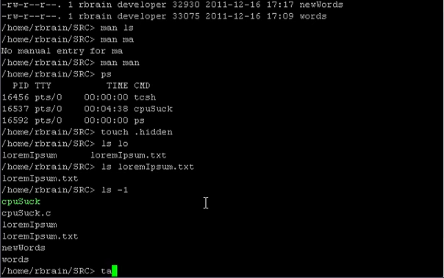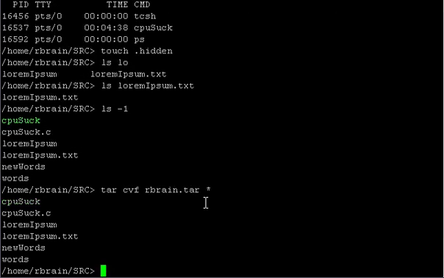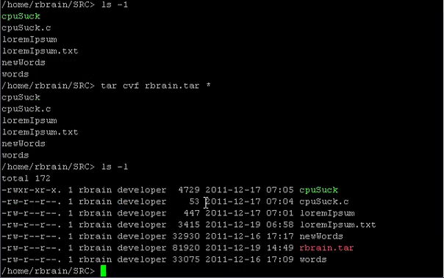So I say tar create, I forgot what all these are for, cvf for the files, and I'll put them into rbrain.tar, and then I use the asterisk for all files, and it's going to create this file called rbrain.tar. And now if I do ls -l and I look, here it is, and all of the files have now been put together, and it's